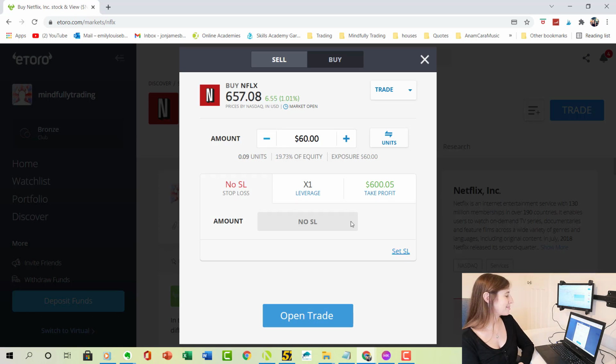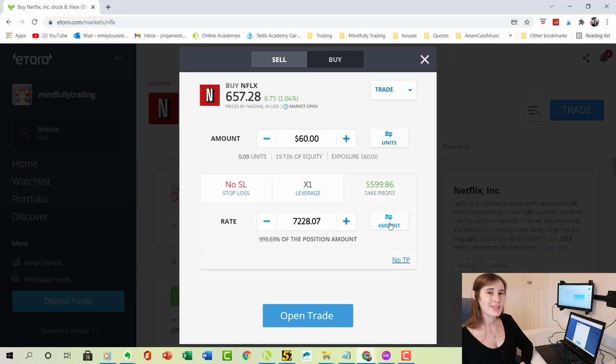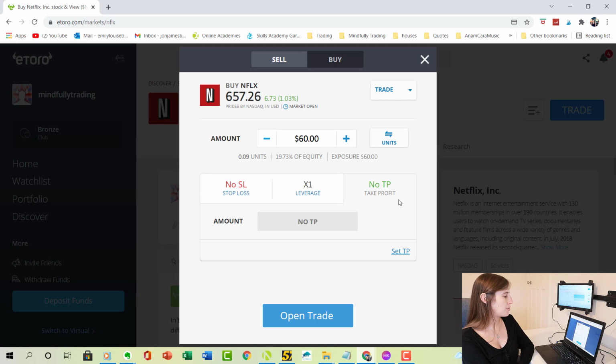with my investments. And take profit is the same, so you can switch whether you want to have your take profit in a percentage value or if you want it to be in a currency value. So here, for example, you might say that once it reaches $100 in profit, which would be 166% of your position, that you want it to automatically get out of that position so that you can bank your profit. So just some useful features there if you wanted to use those. And then of course, once you're ready and you have your parameters set, all you have to click is open